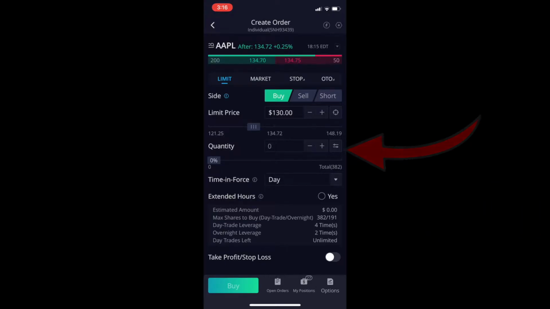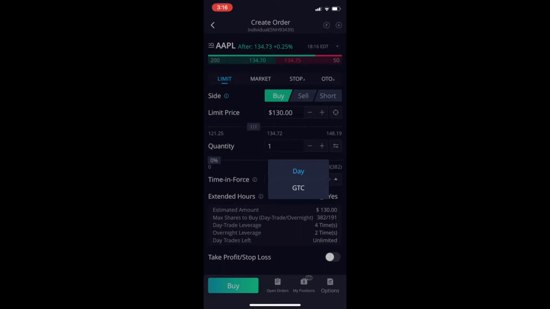Then I will go ahead and click on quantity at the bottom. And once you click on quantity, you can actually go 1, 2, or 3 by clicking the plus or minus, and that's how many stocks you will be purchasing. Once you've done that, let's say I want to purchase one stock at $130, you will go ahead and click